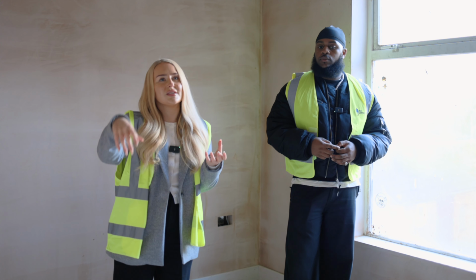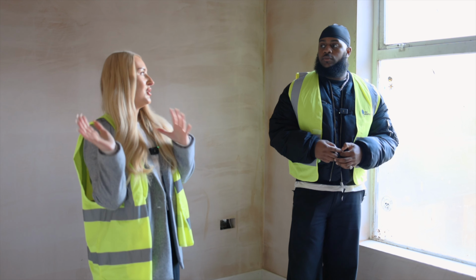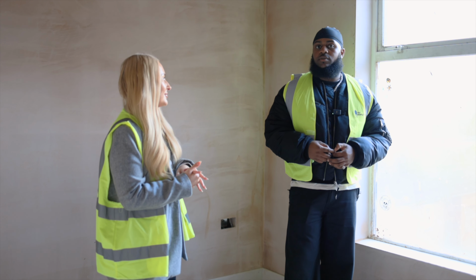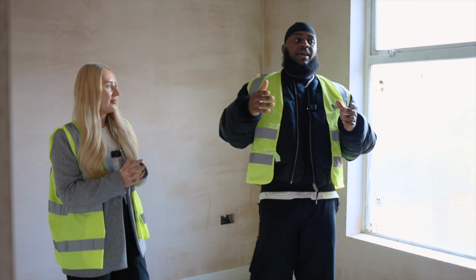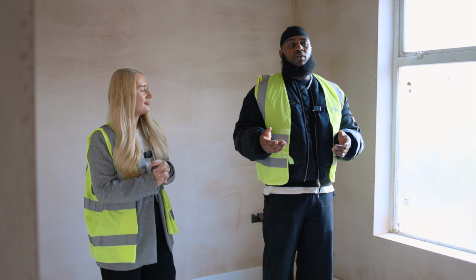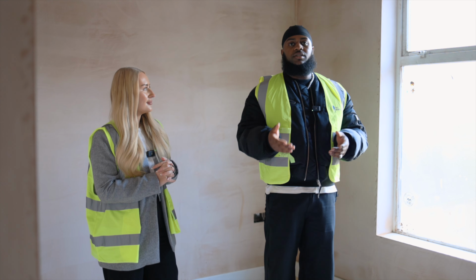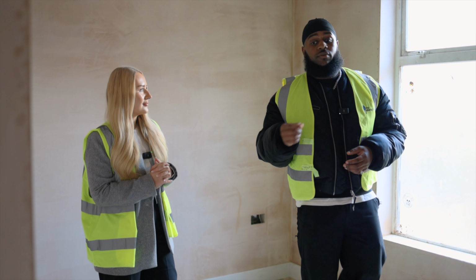Same with the architraves as well. I think if we add that little bit of Victorian style character, it will continue through the whole house. 100%, most definitely. And I think a big thing for us is we want to make sure that the style from entering the home carries throughout the rest of the house. Of course we don't want to do every single room exactly the same. However, you want to make sure that certain details carry through the whole of the house,